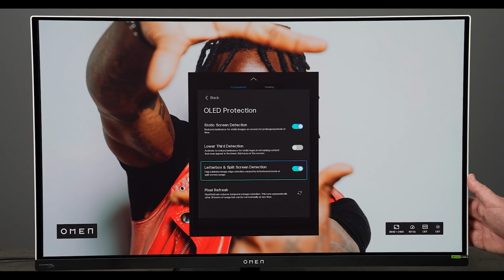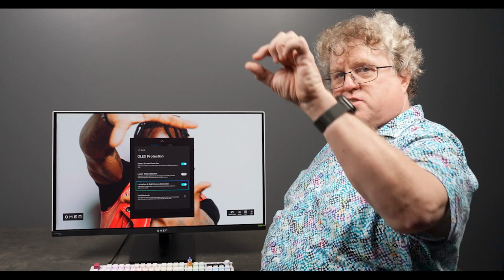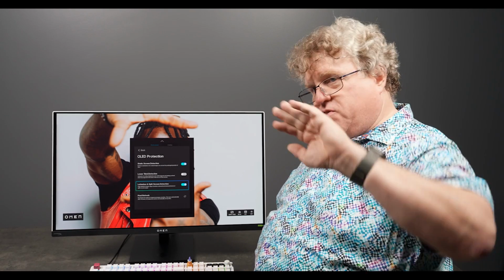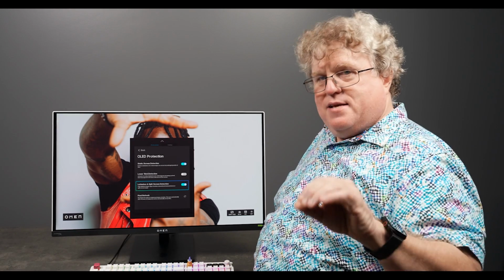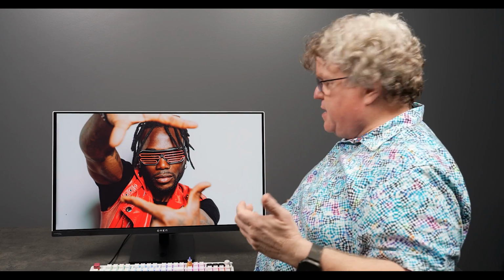If you turn this option on, and it is one that we have on by default, what we will do is we will slightly reduce the brightness at that transition point. It's only a few pixels wide, but it is designed to accommodate that problem. Similarly, if you have split screen content on two sides of the monitor, it addresses that as well.